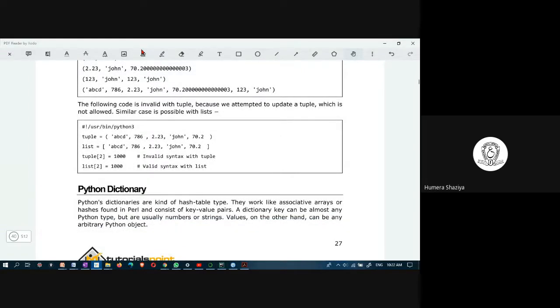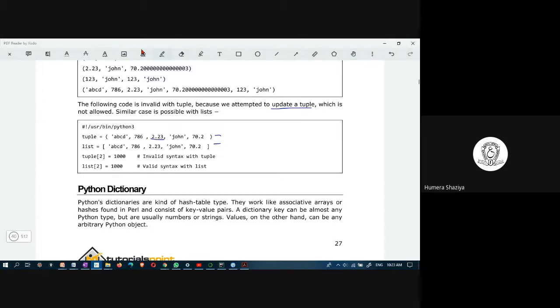Here it is shown that because tuple is immutable, when you try to update a tuple, it will not allow. Observe here, tuple and lists are created. This is tuple and this is list. Now you're trying to modify an element. Which element? 0, 1, 2, second element.